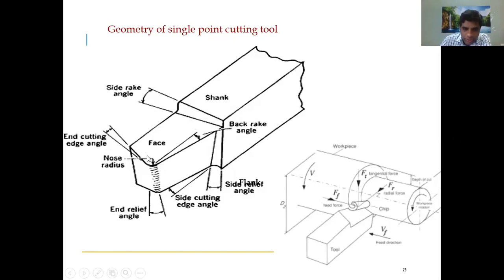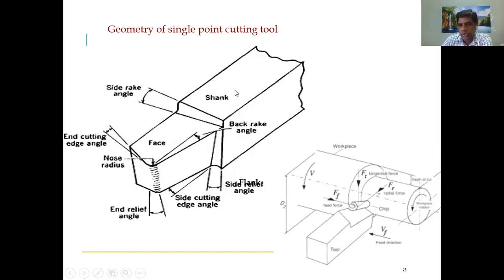In that, this is the cutting portion. This portion is the cutting portion, and this portion is inactive. It's not the cutting portion, but if this portion is not there, it's very difficult to insert in the machine, right? You cannot insert the cutting edges into the machine. If you insert the cutting edges in the machine, cutting is not possible, and damage to the machine may happen. That's why every cutting tool has a cutting portion, a cutting zone, as well as an uncutting zone.